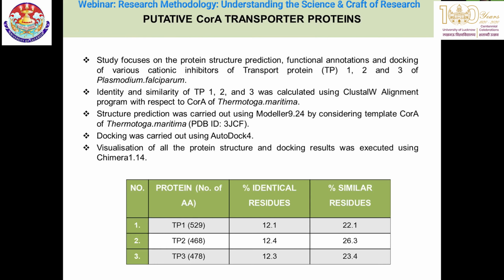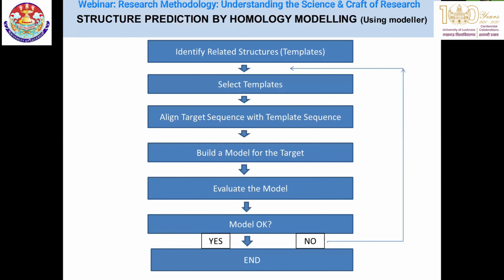And for the visualization, we have seen that colorful picture in the earlier slide. I have used Chimera. So homology modeling is the main thing. This is the main funda of bioinformatics, how modeling and how docking occur. Because everyone can do it, it is a software, it is a tool, but what we require is how to change the parameters, how to change the input file, and how to edit all the Python files for an easy output file, so that we can predict a correct model.